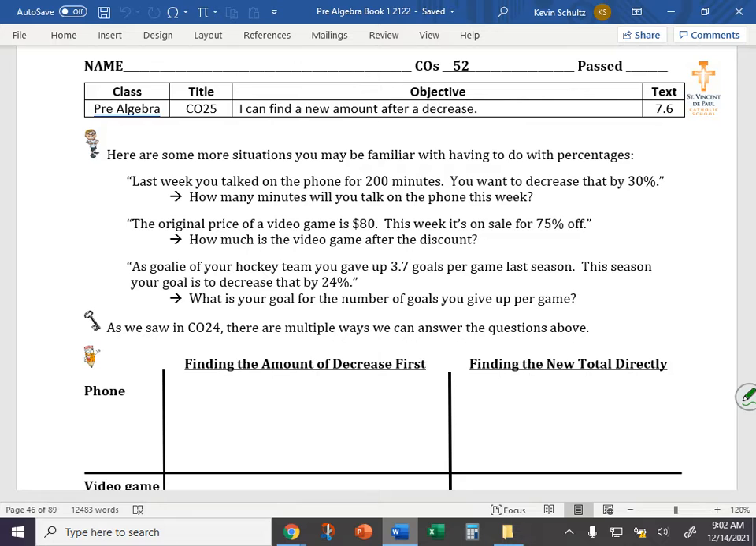We're starting with an original amount, and instead of increasing that amount,